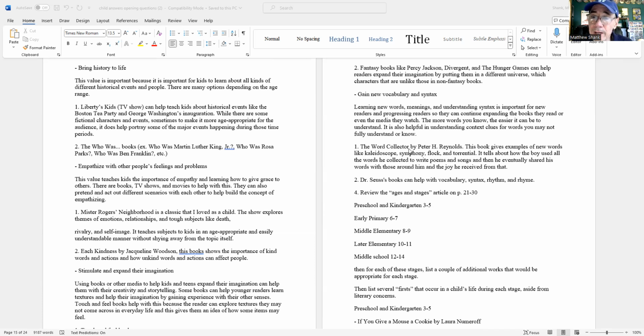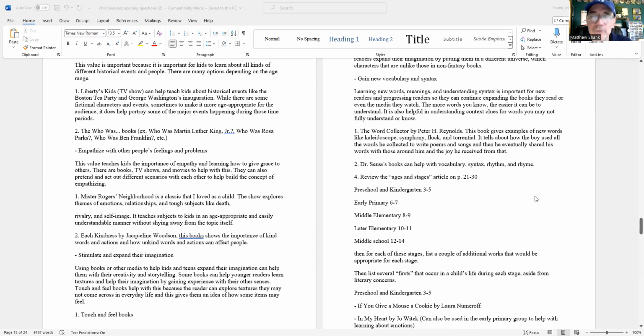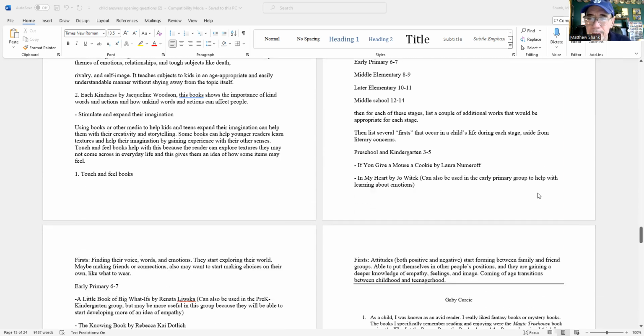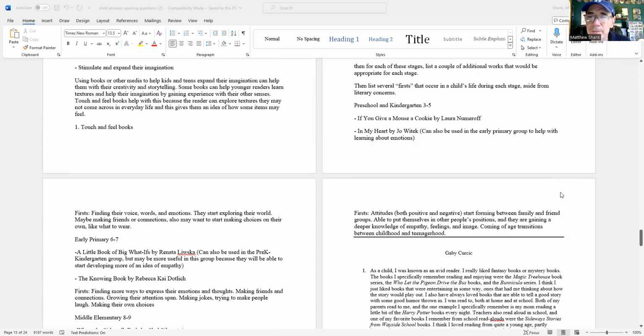Vocabulary, the word collector. I wasn't familiar with this, but I definitely want to check that out because I think that's important to introduce kids to broadening their vocabulary, as we talked about last week. And of course, Dr. Seuss books does that. And then some classics mentioned here. If you give a mouse a cookie,